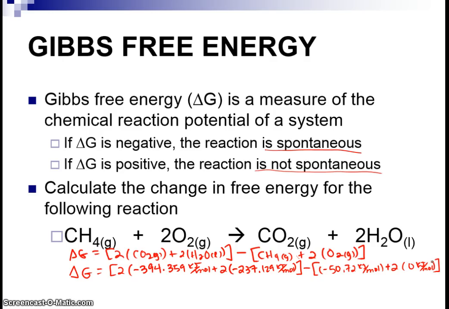And then I'm going to go ahead and simplify all this. Biggest mistakes made in any of these problems is remembering to account for the negatives properly. I will want to see this step. I want to see your substitute in steps so that I can give you partial credit in case you do your math wrong. So delta G ends up being equal to negative